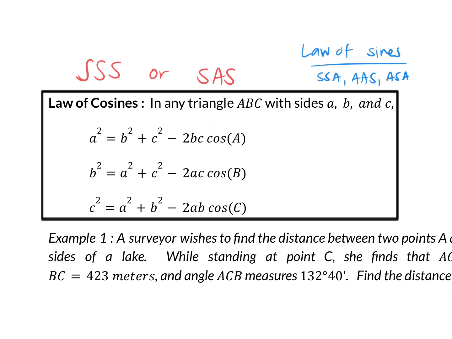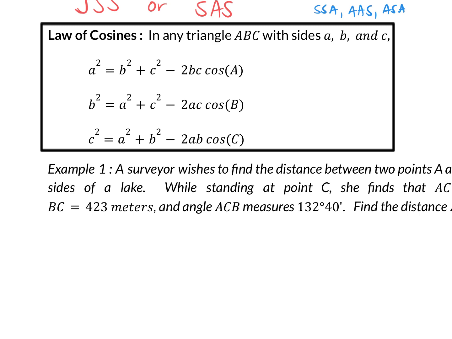We've got three formulas there. They're all very similar. The only difference is that they're changing the placement of the variables. So if I have a side length A that I'm trying to solve for, this is probably the equation you're going to use because your B and C and everything else is over on the other side. But you will have to be given a side length and an angle measure, or you'll have to be given all three side lengths in order to solve for this, okay? So very similar, just slightly different depending on what you're given for those three formulas,